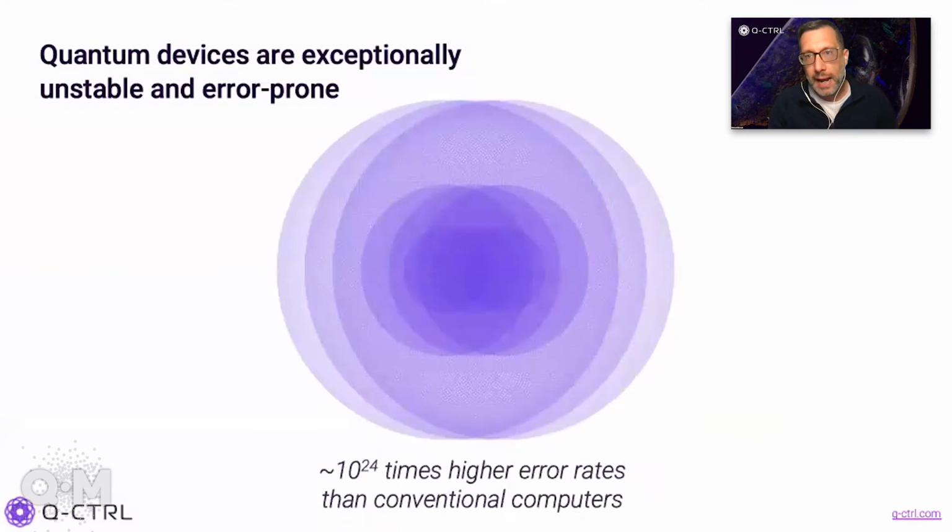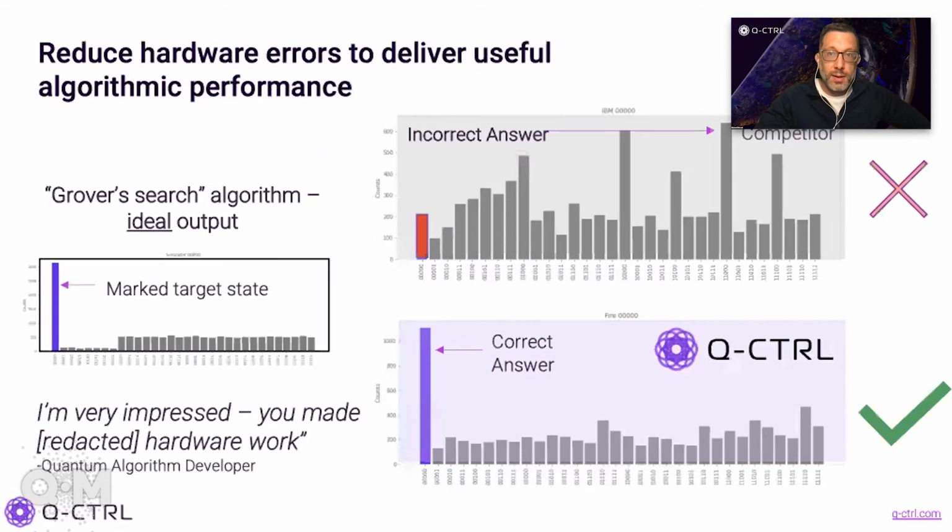The core of our offering to the end users of quantum computing is the realization that quantum computers are exceptionally unstable and exceptionally prone to error. If you do the math, it turns out that these systems, even the absolute best being provided by all the different companies around the world today, are about 24 orders of magnitude more likely to suffer an error in a computation than a conventional system. And this leads to obfuscation of the insights that customers actually want.